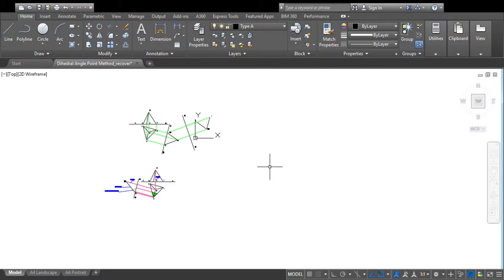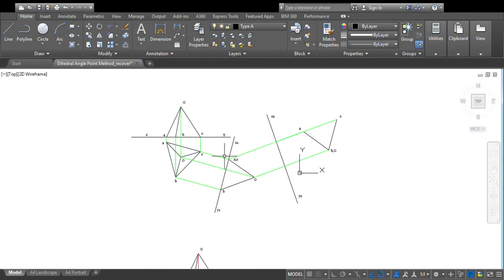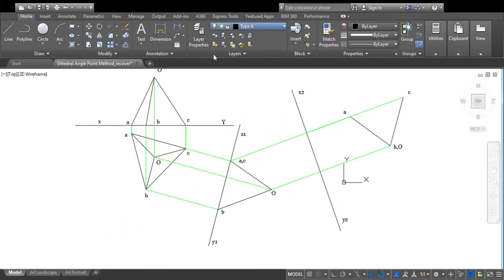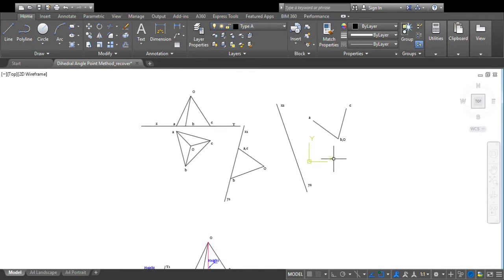So the main part of these questions is that pupils are normally asked to find the dihedral angle between two surfaces. There are two methods presented for this. I drew an AutoCAD model so that we could refresh the memory of the pupils on this. If I turn off the construction lines layer here, I can present this question to the pupils and ask them how this first auxiliary was found,